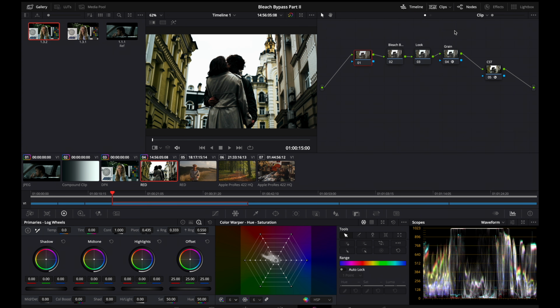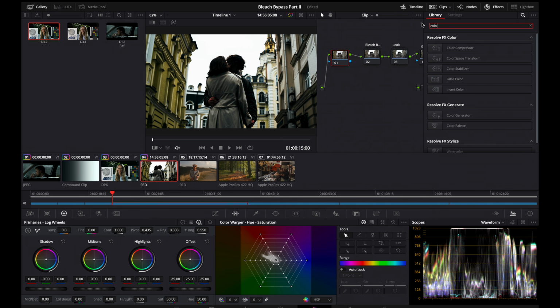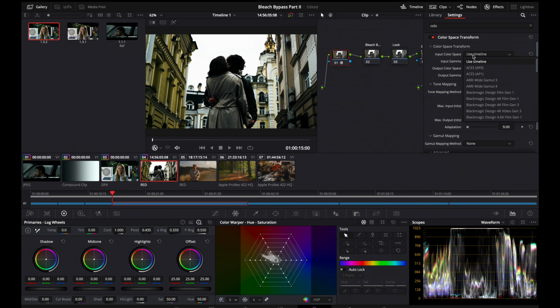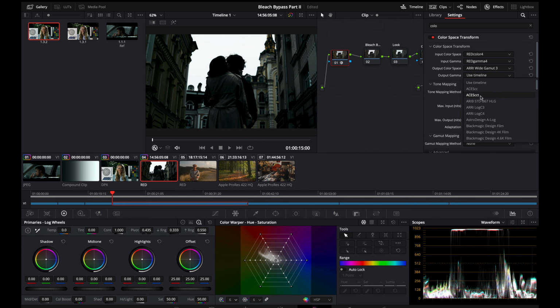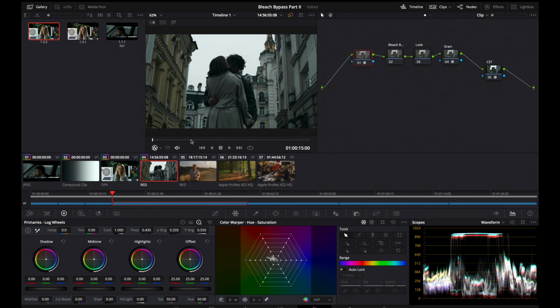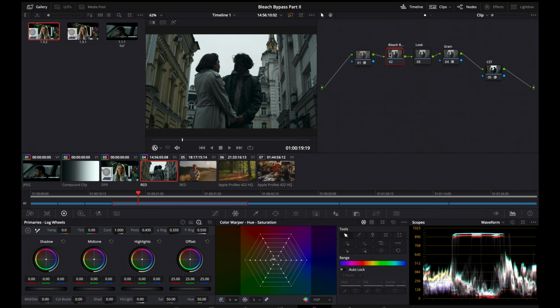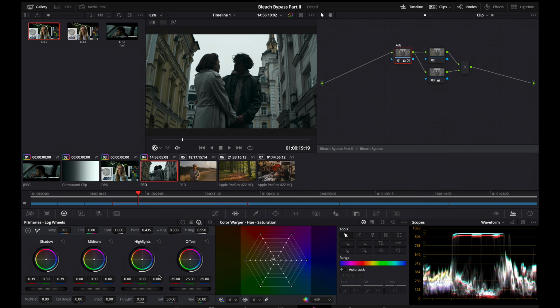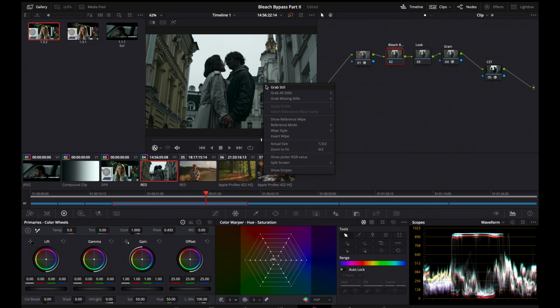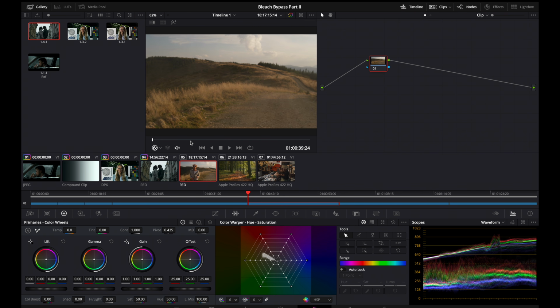This is because our current footage is in Red Gamma 4 profile. So we're going to apply a CST node on it. And on it, we're going to tell the Resolve that the input color space is Red Color 4, input gamma is Red Gamma 4, and the output color space is ARRI Log. The reason we are going to do this is because our look is made to expect an ARRI Log input. Again, we're going to just go ahead and make a little bit of an adjustment in our red footage. We are just going to decrease the shadows so that the footage looks a little bit more contrasty. Once you are happy with the look, we are going to grab a still and move on to another shot